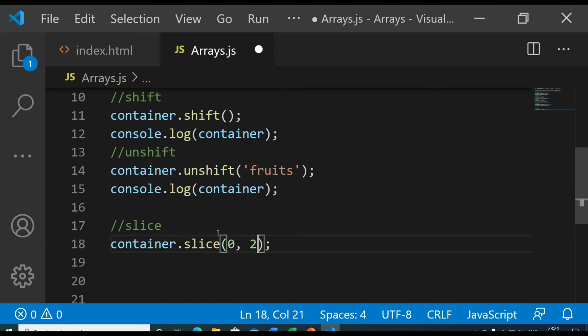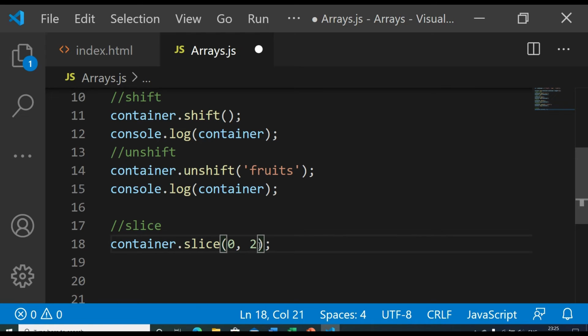There are only 3 items, so I could take 1 or 2 as well, no problem. So it's saying that from starting index 0, go and select 0 and 1, and do not include index 2.